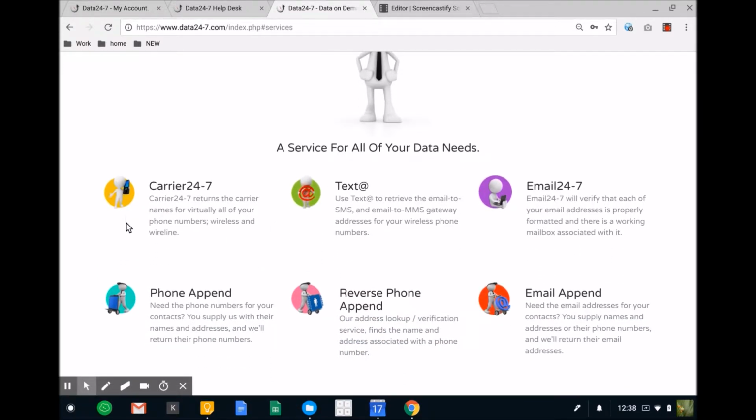Now, these first two, Carrier 24/7 and TextStat, are our two carrier lookup services. So you give us a phone number and we can tell you the name of the carrier and whether the phone is landline or wireless. The difference between the two is that Carrier 24/7 is meant for worldwide. You can look up a phone number in pretty much any country as long as you preface it with the country code. TextStat, on the other hand, assumes that all phone numbers are in country code 1, so USA, Canada,